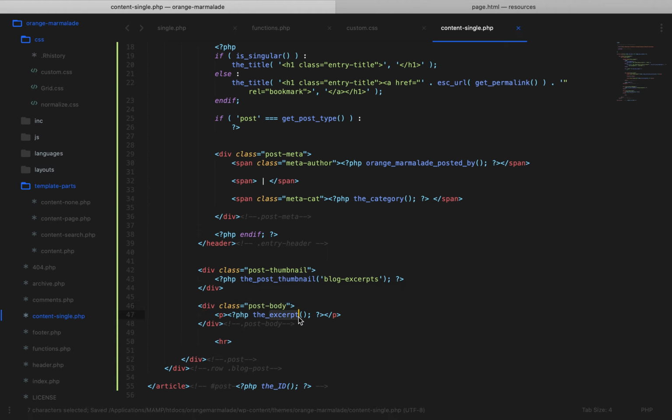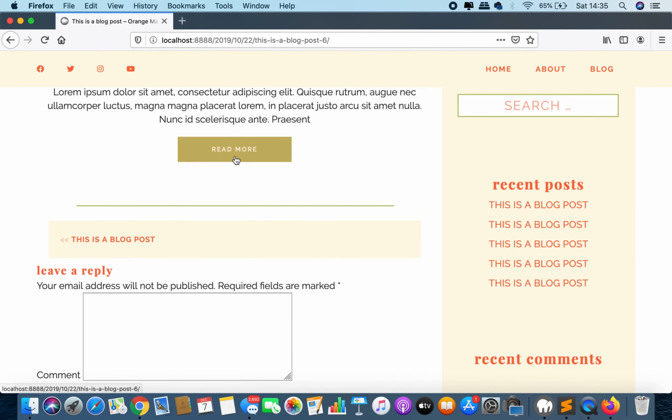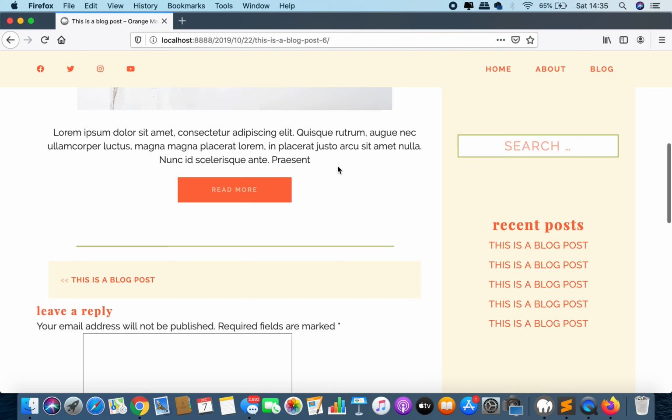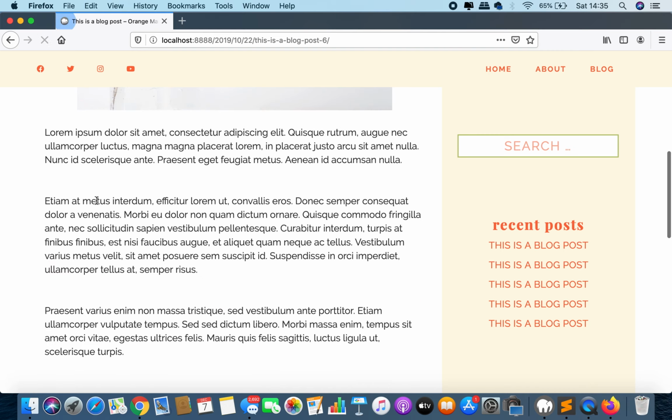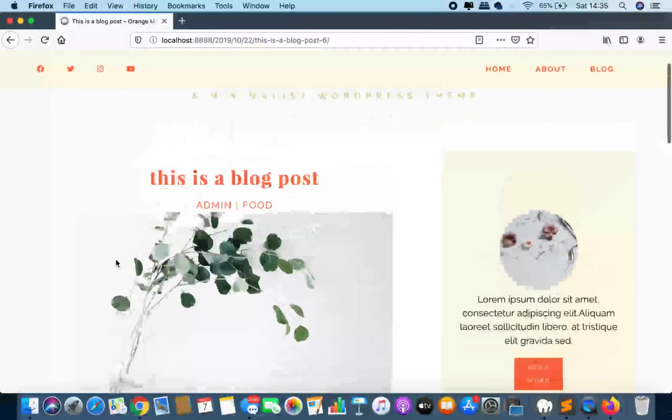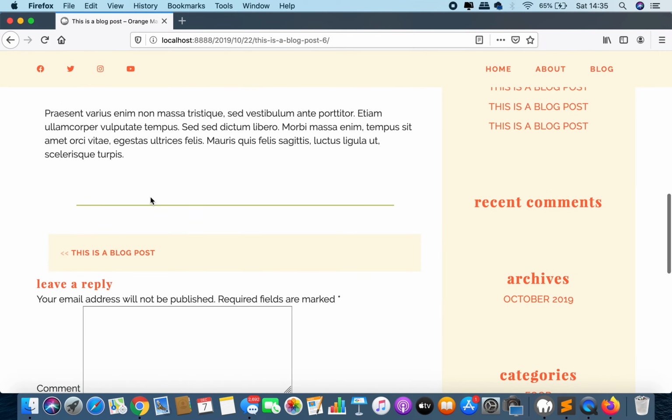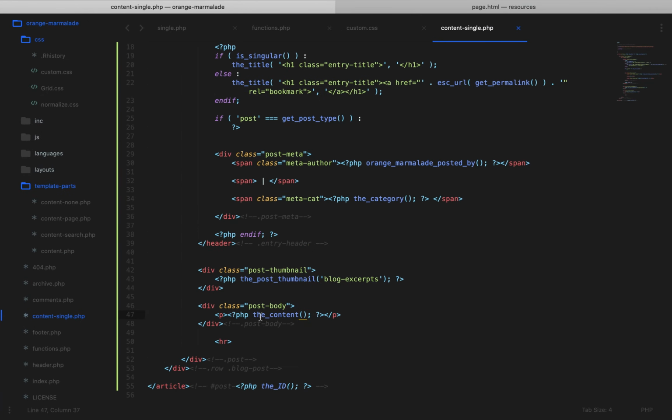And call it the content. So that's going to be a major improvement because now suddenly this section will be gone. Let's refresh it and we'll have our entire blog post right here. For this particular single blog posts section, we do not need this HR. So I'm going to get rid of this horizontal line